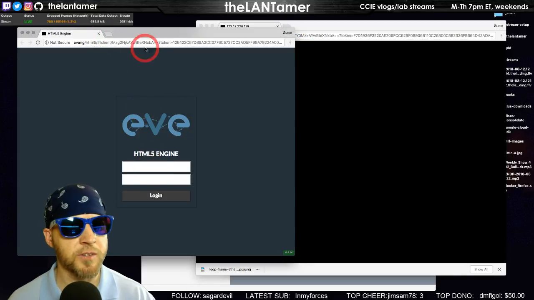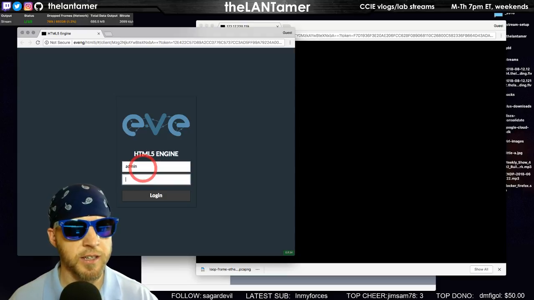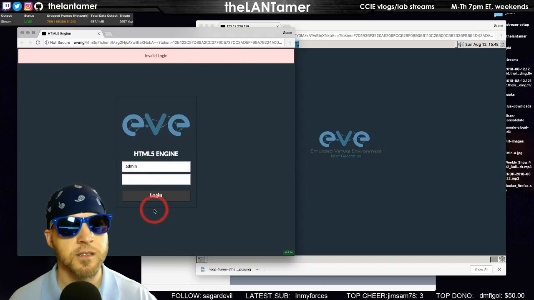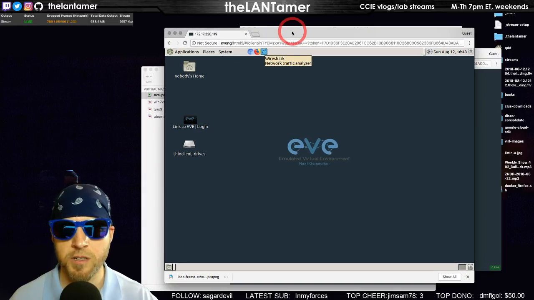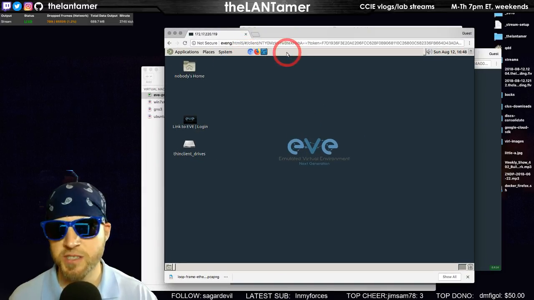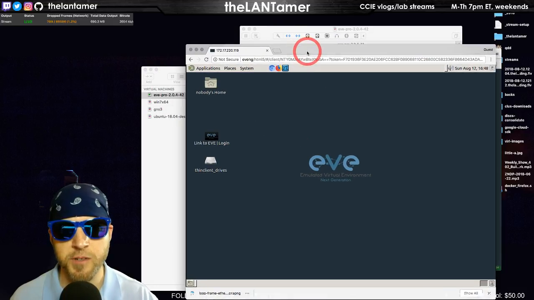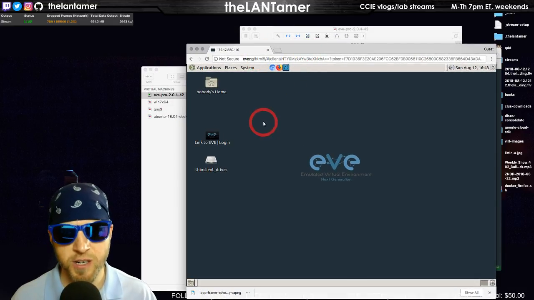So we've got the HTML5 engine. Get to log in again. Oh, here we go. This is what I wanted. So this is basically VNC into the VM. This is great if you're trying to run it in your browser, like I'm doing.